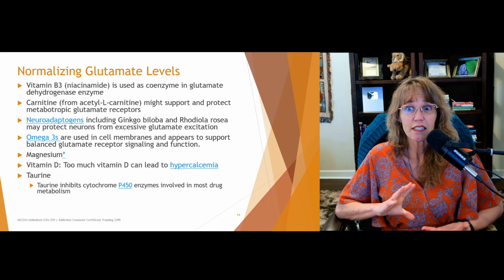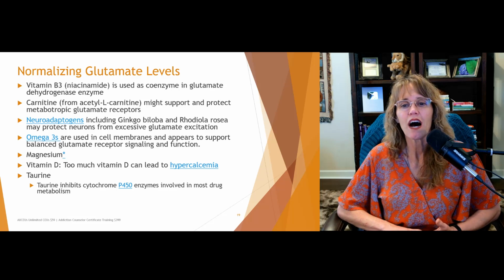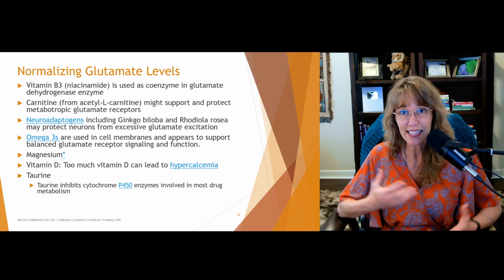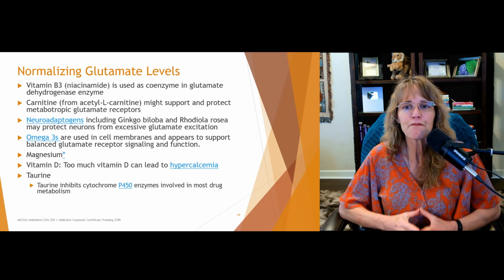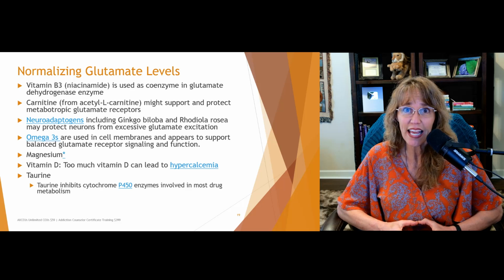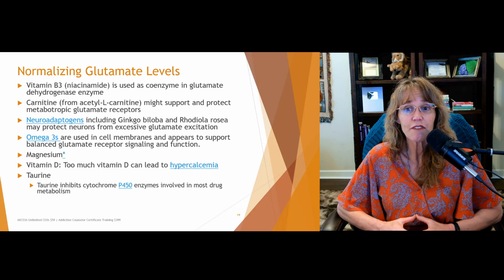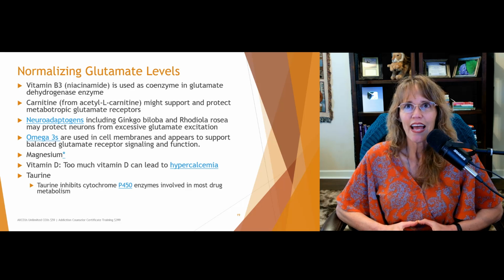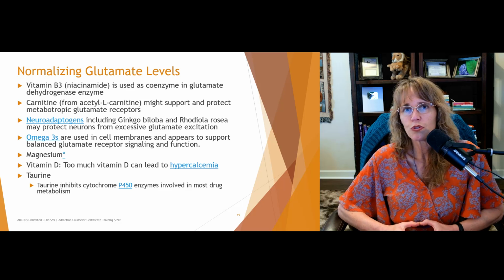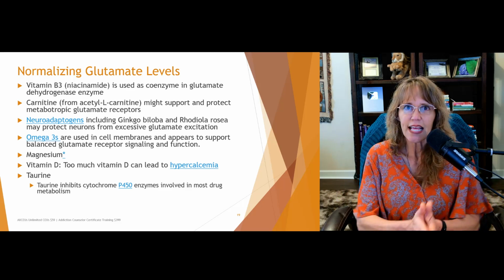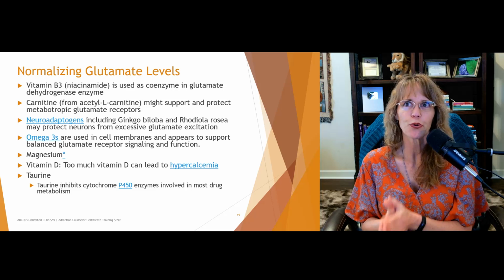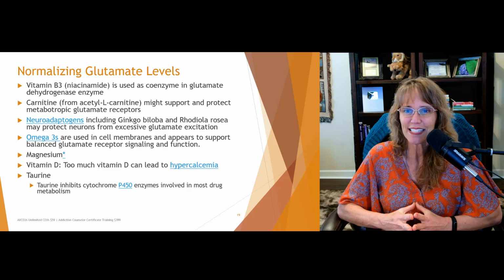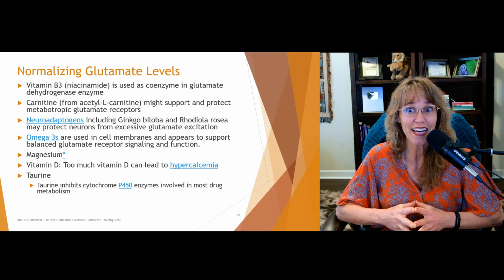Magnesium and vitamin D are also nutrients that we need in order to normalize and synthesize glutamate and GABA. But it's important to recognize that you actually can get to toxic levels of magnesium and vitamin D. These are not water soluble and can contribute to a lot of side effects. I say that because, again, I've worked with too many people who thought that 1 was good, so 3 must be even better. And that's not the case. Or they wanted it to happen too fast.